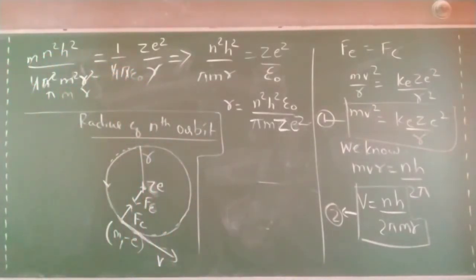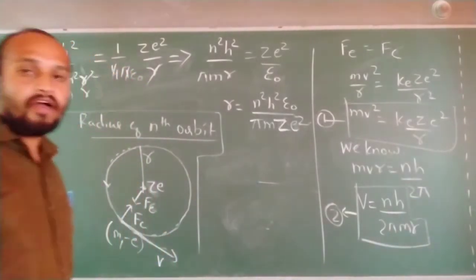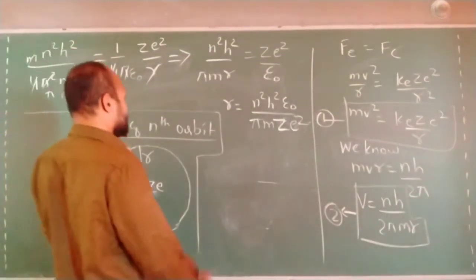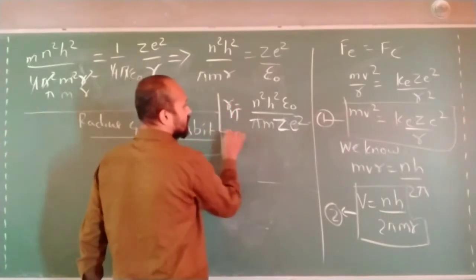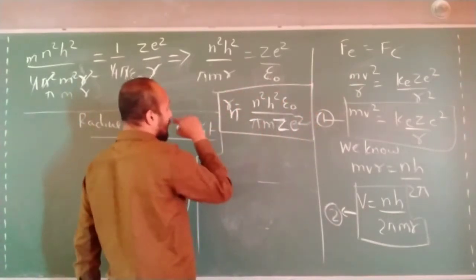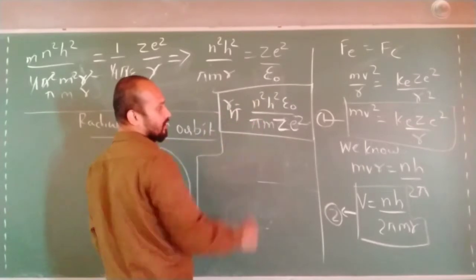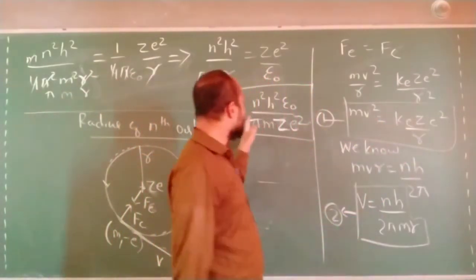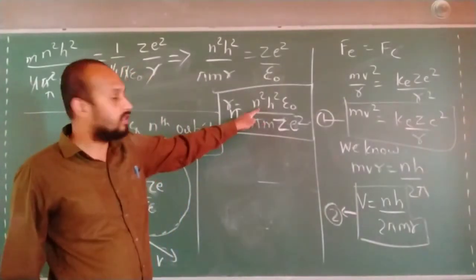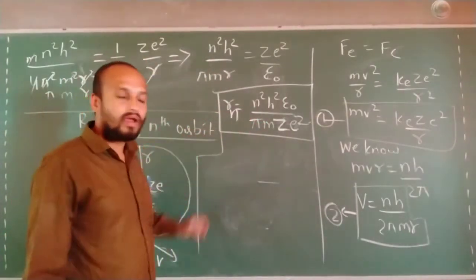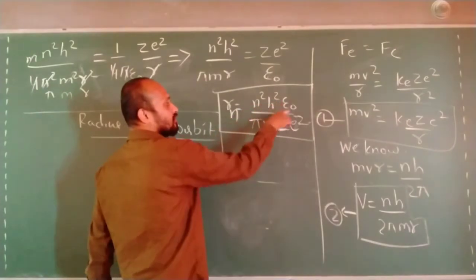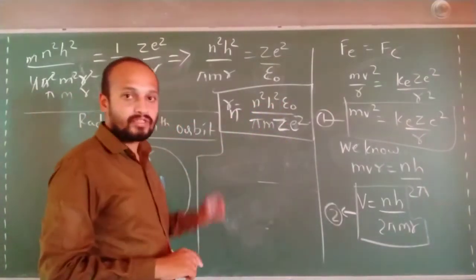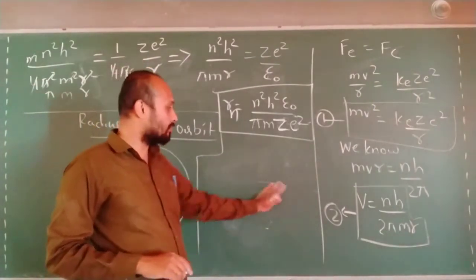So, for solving numericals, I will make it a shortcut formula. What is that shortcut formula? This is the formula for the radius of the nth orbit in terms of n. Here also you can find the radius, but I want a formula in terms of the nth orbit. That is why I have made all these steps. And Rn is equal to n square h square epsilon naught divided by pi m z square. I will make a shortcut formula. You remember the shortcut formula. Radius of the nth orbit, you have to remember, is very easy.